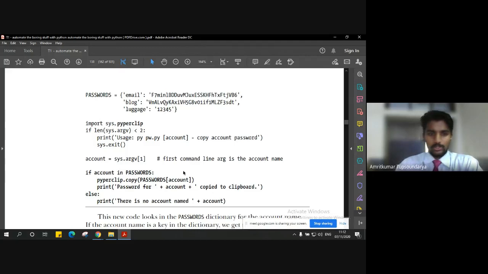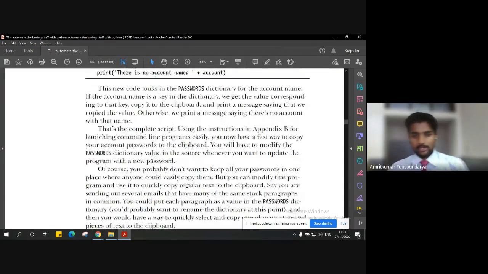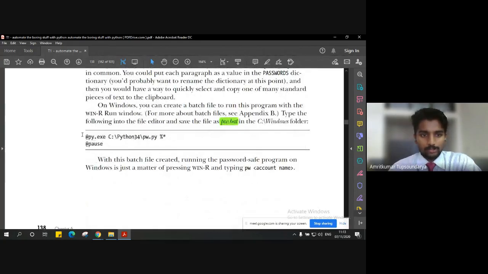So this was just the overview, and to execute it, we have to create the batch file, right? Why a batch file? Because as you can recall from the previous lecture, we used a batch file in order to make the program execute at the command line, right? Now the question is how to create a batch file. Simply, you can create a simple text document in any text editor with this instruction, and while saving it, you can save it as the file name .bat. BAT stands for batch, right? So that will automatically convert that normal text file into a batch file, and the batch file will be required to execute at the command line.